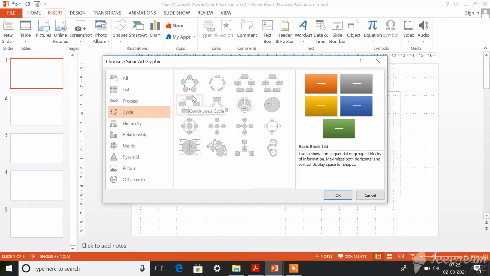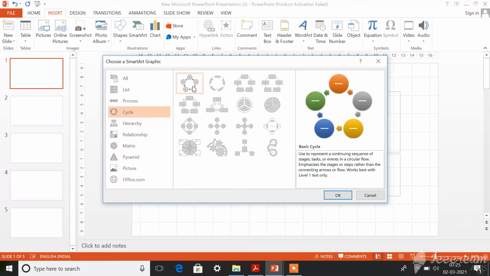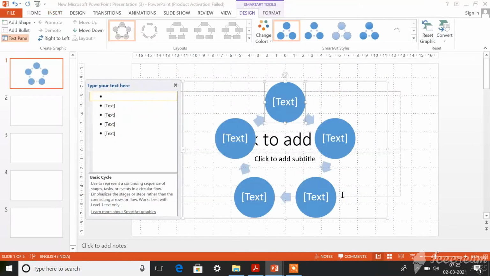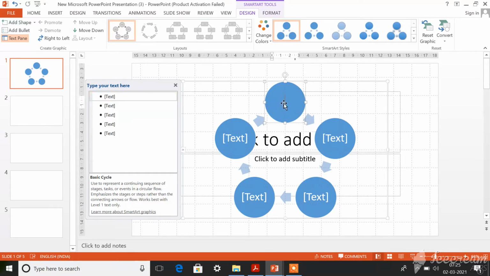So whatever format you want, for example, I want this format to be applied in my slide, I should click on this, then click OK. Can you see? So this is the picture that you have chosen right now. If you want to enter text within this, you can enter whatever text you want. Finally, when you go to the slideshow, this will appear in the slides. Understand, dear children? So this is how you should make use of SmartArt in your presentation.